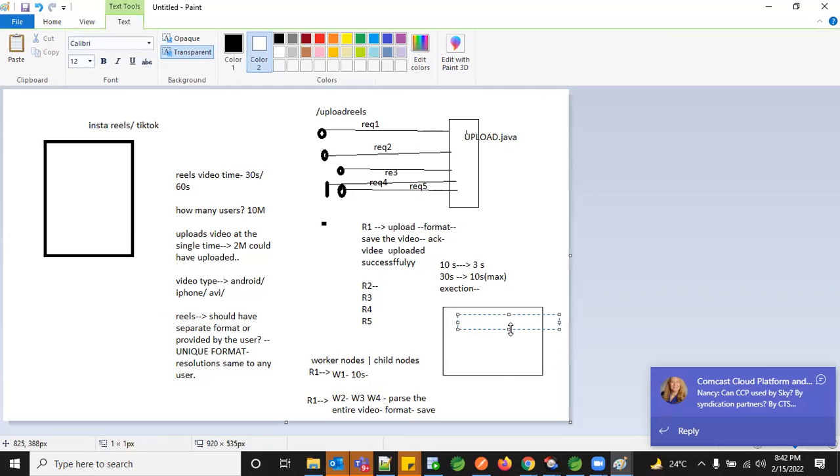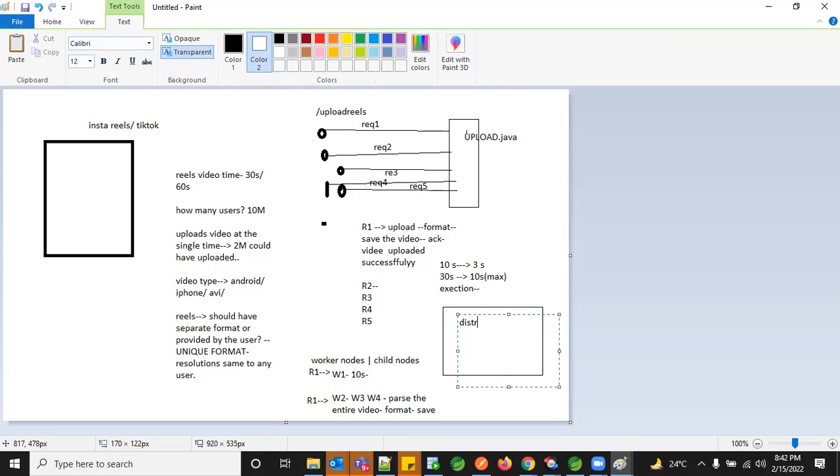So distributed architecture is like a common area, a common framework where everyone can access it, and everyone should have equal access rate. So if I log into Instagram Reels, I should be able to see 100 videos coming one after another. And if you log in, you should also be able to see one after another. So there is no check happening.